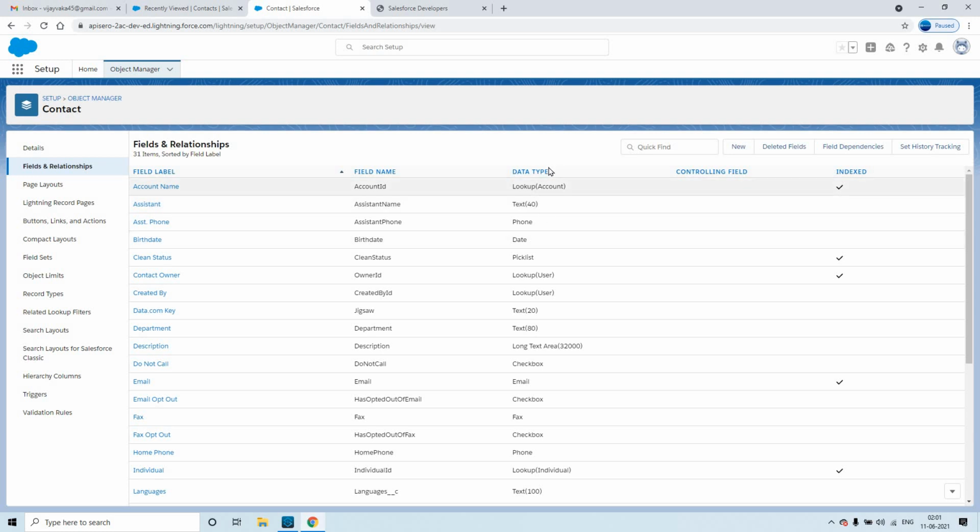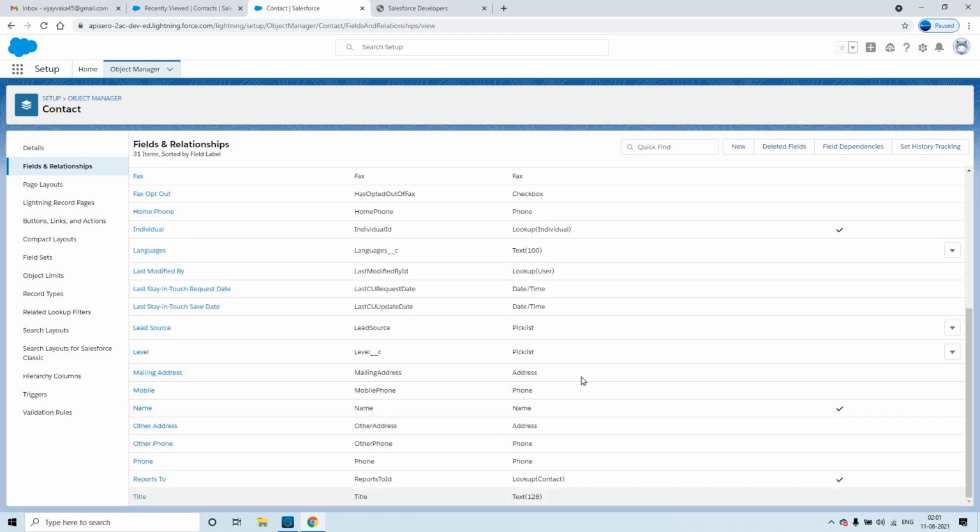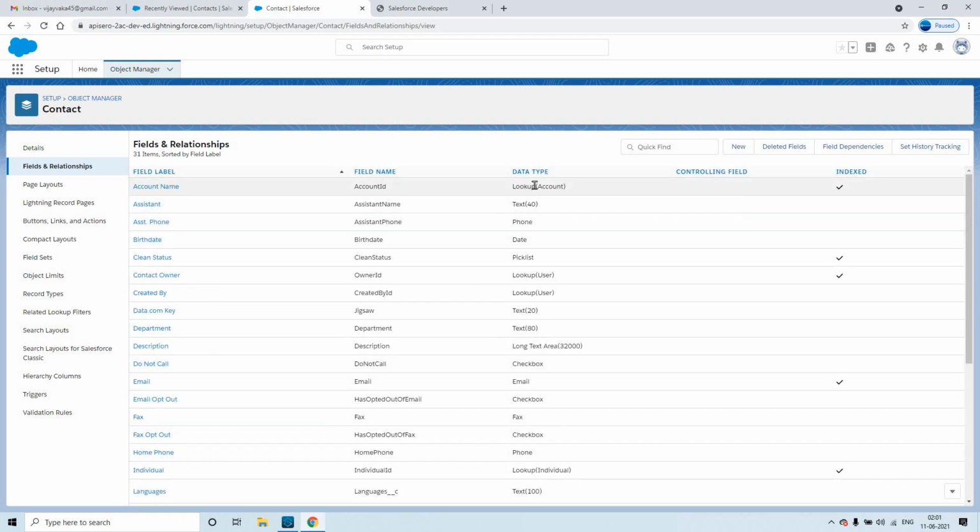As we just discussed, we can see different data types: text, phone, picklist, date, checkbox, email, fax. This is a lookup, in the sense that it is referring to the account object. Let's ignore it for now. This is how you can see more details regarding a particular object within Salesforce.